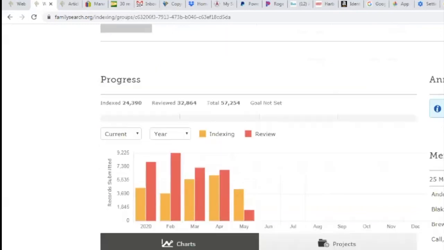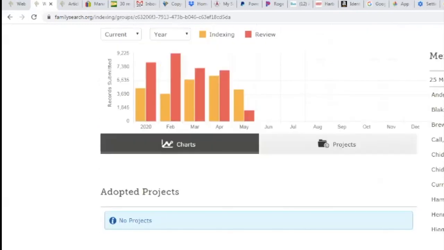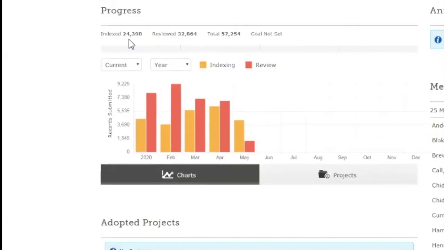Here are the members of our ward who are shown as indexers. Some might be on missions now, some might be away at school or thinking about going back to school. There's 25 people that we have. We'd like to see 250, but that's being kind of greedy. 24,000 total have been indexed January through this point in May. Our ward has accounted for